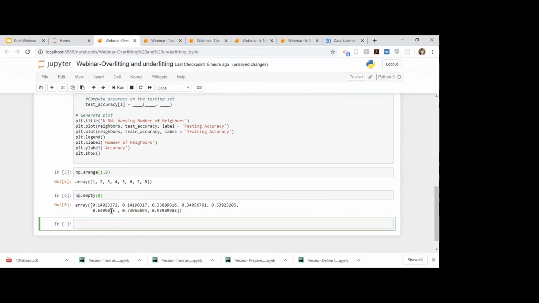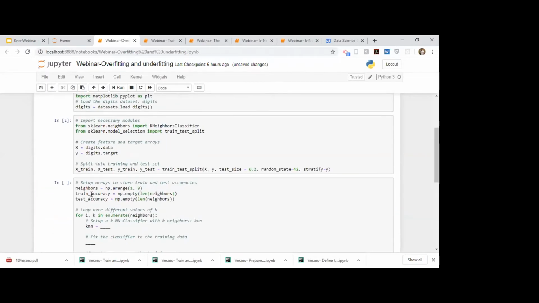So it creates an array of 8 elements such that all the values are random, okay, between 0 and 1. So this is what np.empty creates. It creates an array of this many elements, of 8 elements. So if you count it, this must be 8. So this array is stored in train accuracy.